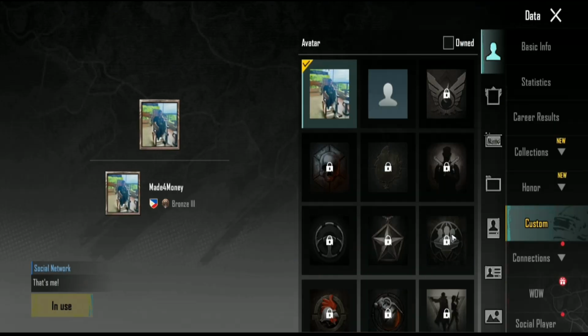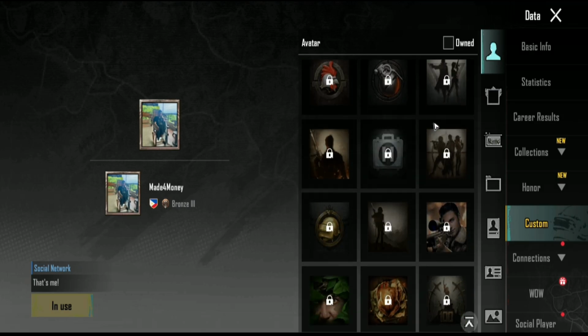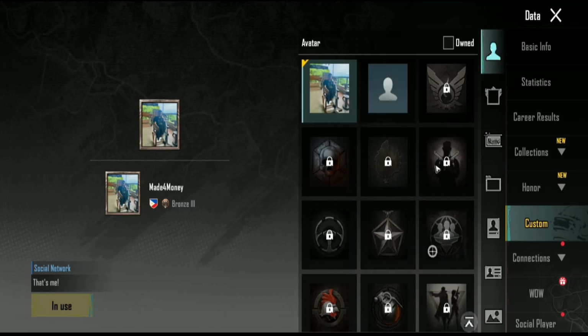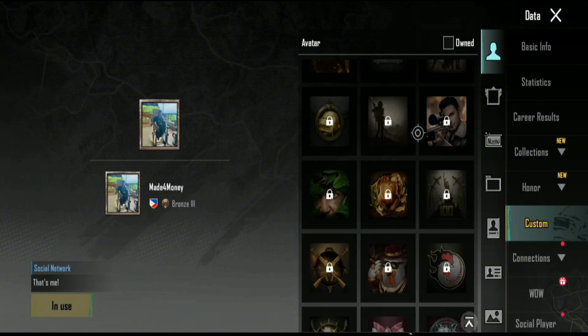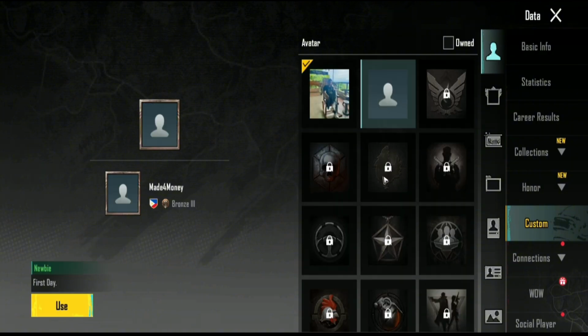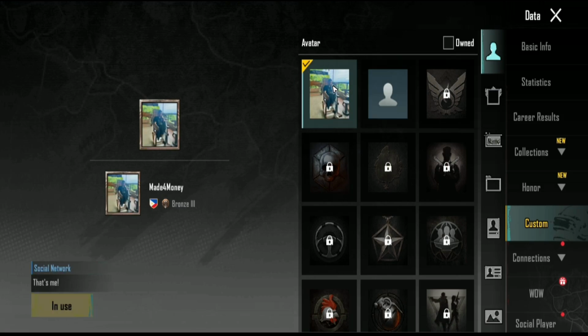Tap on it. As you can see here, you'll need to unlock this by playing the game. And once you've unlocked these profiles right here, or custom profiles, you can go ahead and select it and just tap on use. Now, if you wanted to change like an actual photo right here, for example,